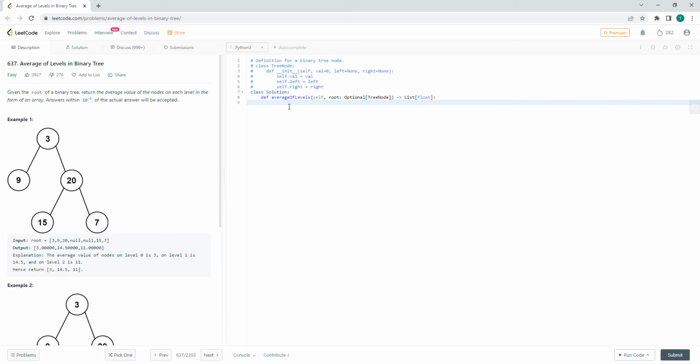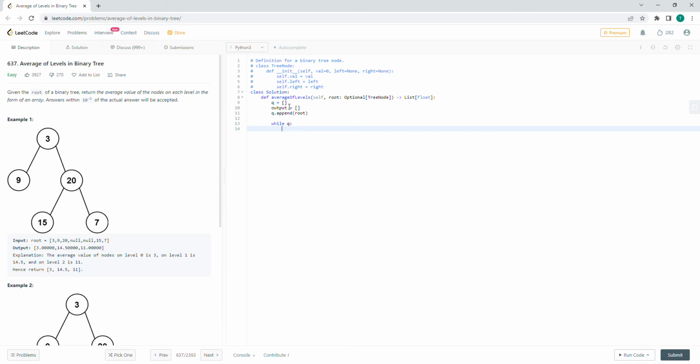Pretty straightforward. So for the breadth first search solution, let's just start with a queue. We use a queue for the breadth first search, and then we have our output, which is going to be an array. The first thing we're going to do is queue dot append, and we're going to append the binary tree root. So we got all that set up. So while the queue exists,